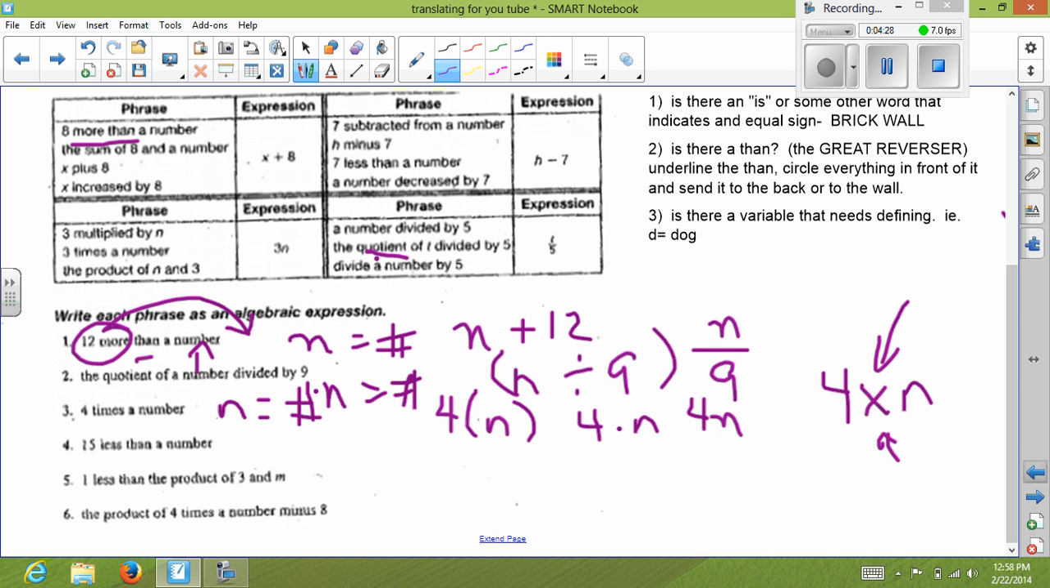Fourth question, is there a than? Or is there an is? No. Is there a than? Yes. So I circle it, or underline it, circle everything in front of it, send it to the back. Do I need to define? Yes. And starting here at a number. So n, 15 less than that is n minus 15. Okay. All right, the next one is a little bit more